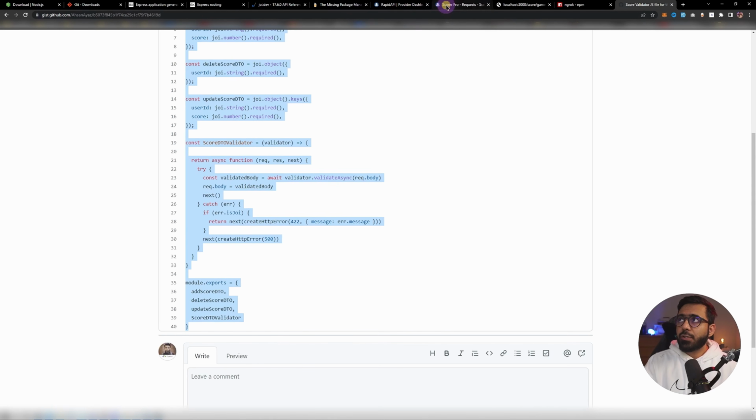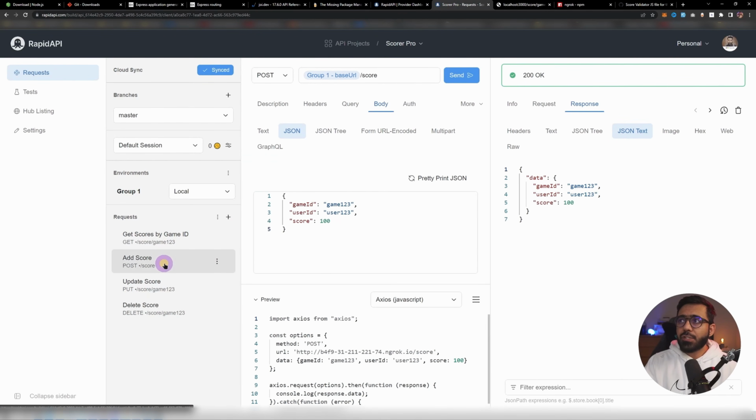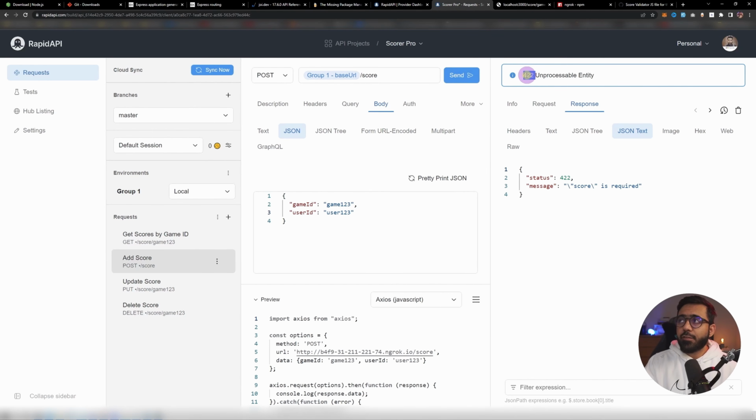So I'm going to go back to my REST API client, and in the add score here, I'm going to make another call. If I hit send here, you can see that we still get 200, we still get the data back. But what would happen if I remove the score from here? If I hit send now, you can see that it says 422 unprocessable entity, and here you can see the message